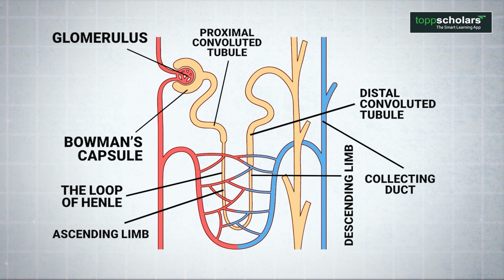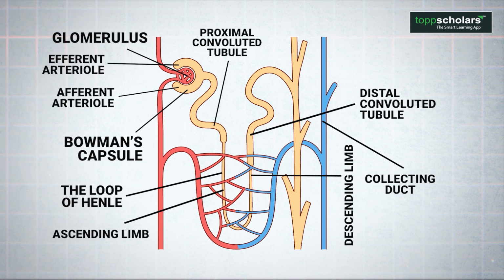The collecting ducts from many nephrons converge to form larger ducts that ultimately lead to the pelvis, where urine is collected before being excreted from the body. There are other parts such as afferent and efferent arteriole. Afferent arterioles deliver blood to the glomerulus, and efferent arterioles carry blood away from the glomerulus. Afferent arterioles are sub-branches of the renal artery, and efferent arterioles converge as sub-branches of the renal vein.